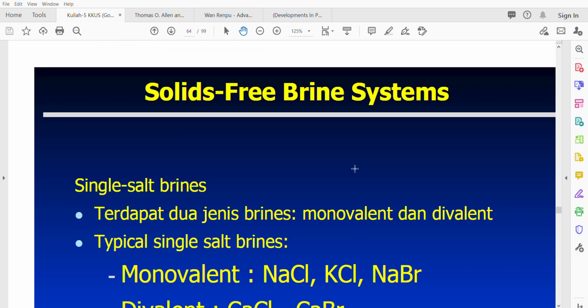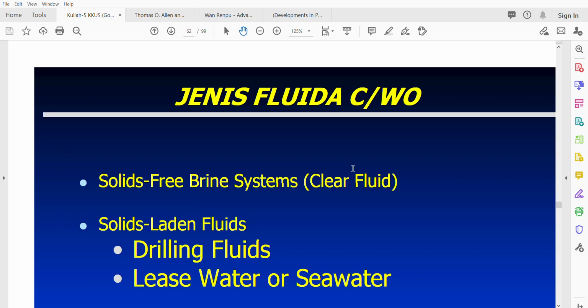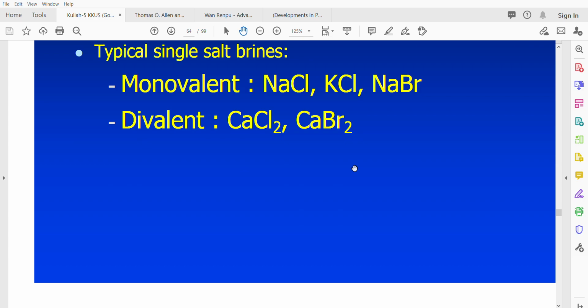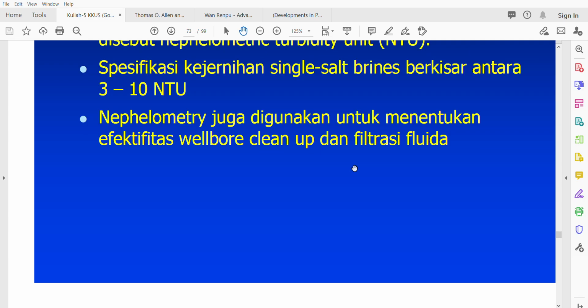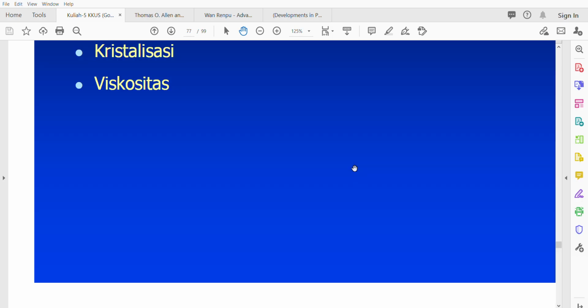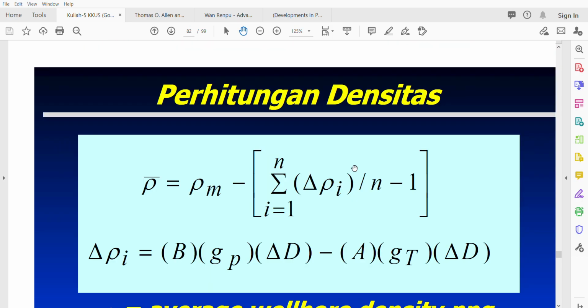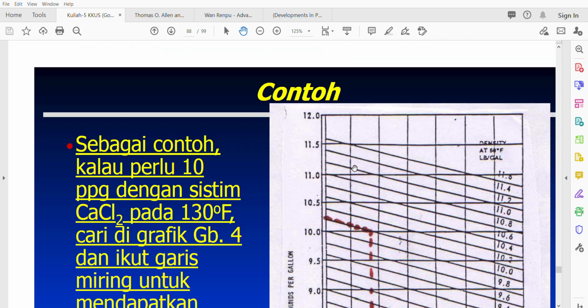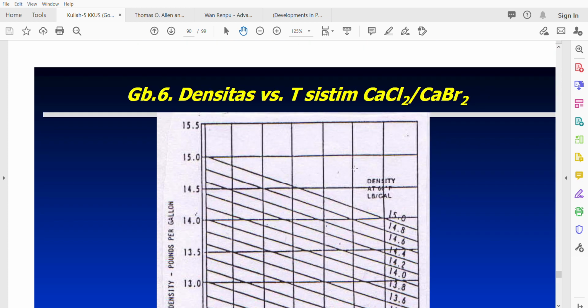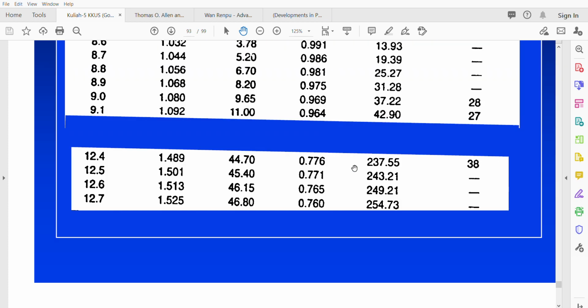This one is covered previously, but this is in Indonesian version of the solid free brine. Okay, this is the Indonesian version. So just read this one until the end of the slide. Okay,